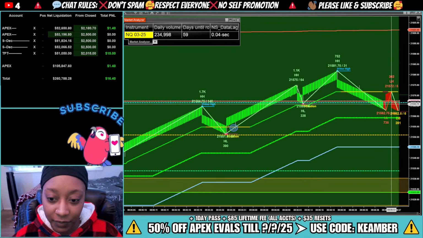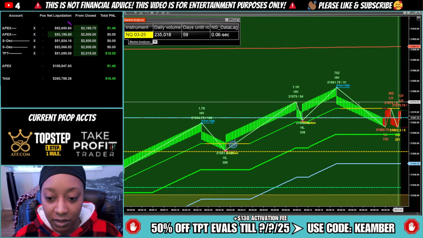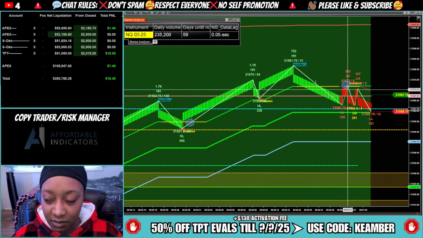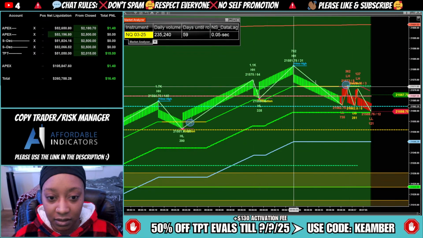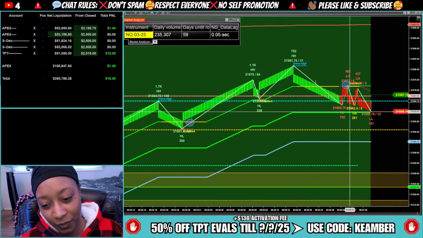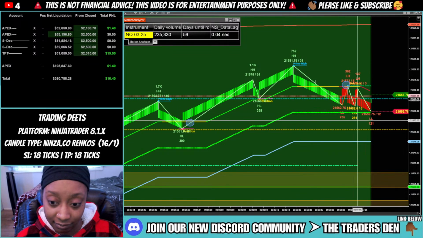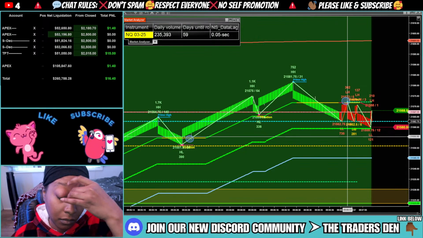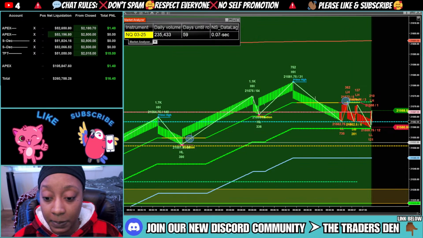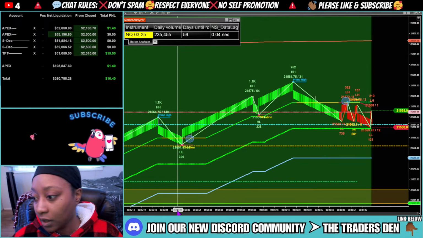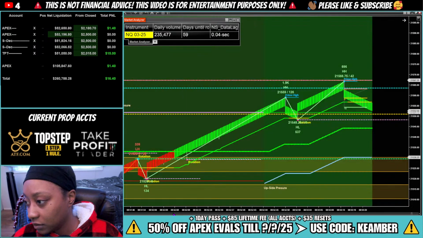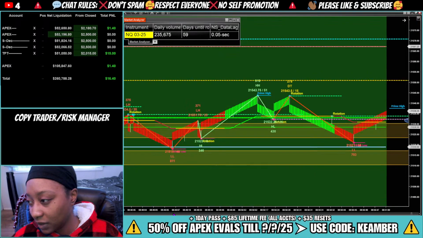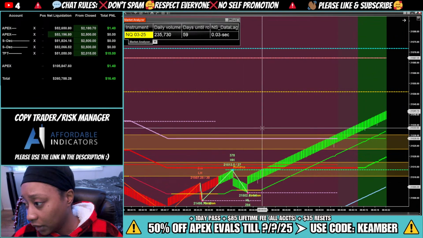Hmm. Wow. I was looking, oh, that ended up being invalidated anyway. I needed this to pull back one more tick, and I needed the delta to be less than 104. It ended up being 106. But yeah, I missed that trade right there. That's the one I honestly sat out of.